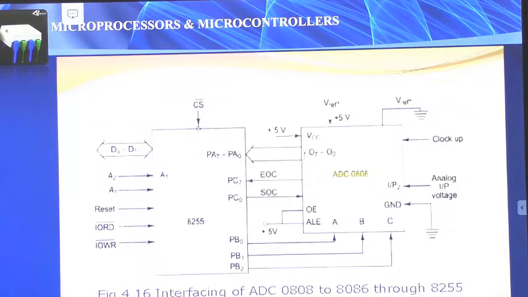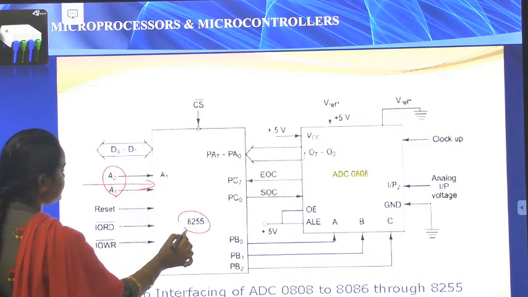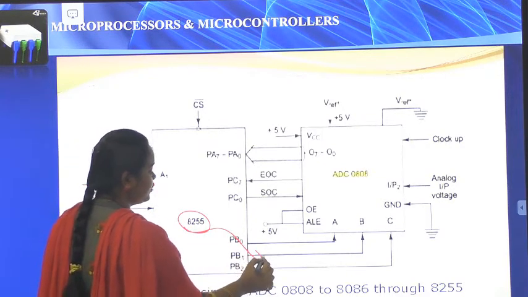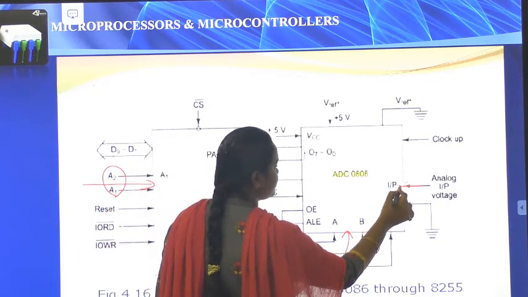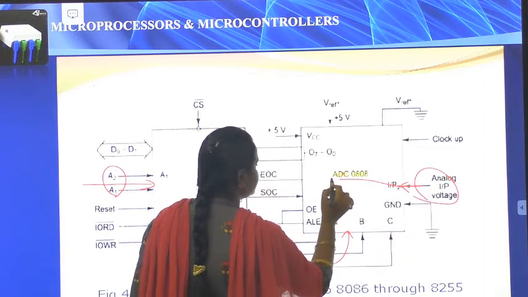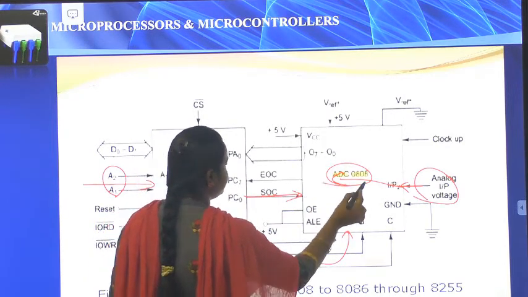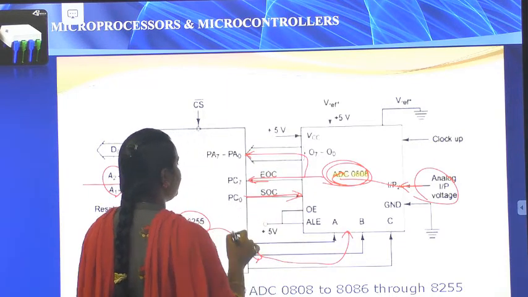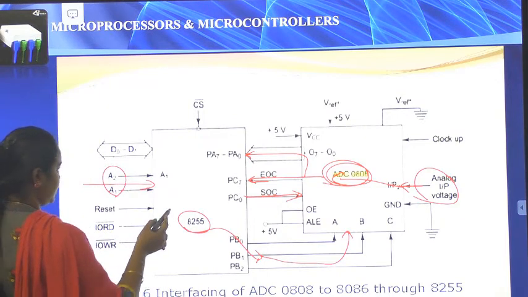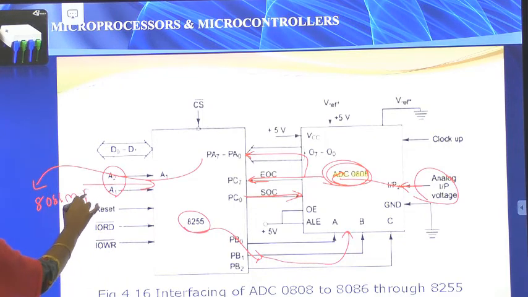Okay. This is the interfacing. First of all, we are giving analog input from these address lines. The 8255 is connected to this port B. Whatever information we are going to convert, we take the inputs from this analog input voltage. Then it starts the conversion whenever we provide the signal. We start the conversion by using a program. Whenever the program ends, it gives the information to port A, whatever the output is, and port A sends the information to the 8086 microprocessor. This is the output.